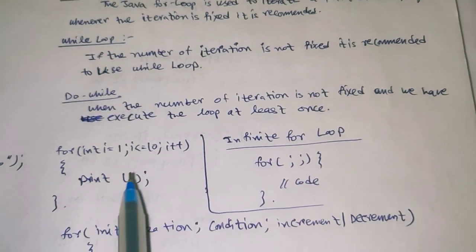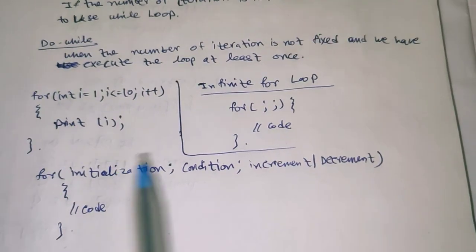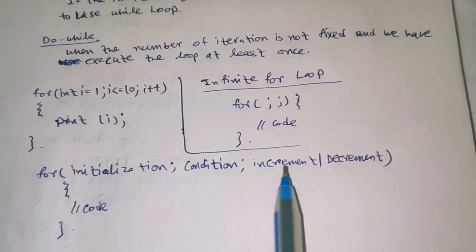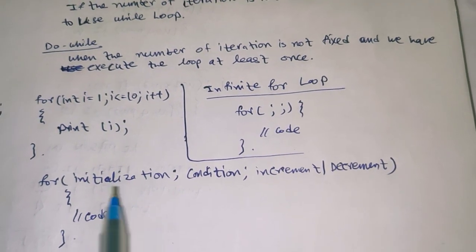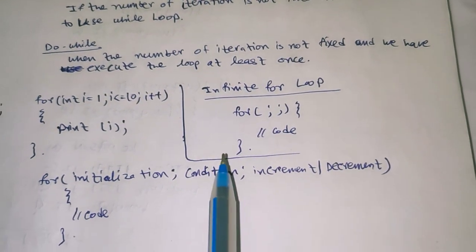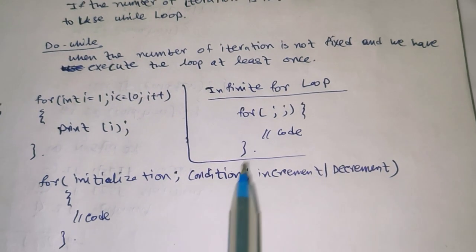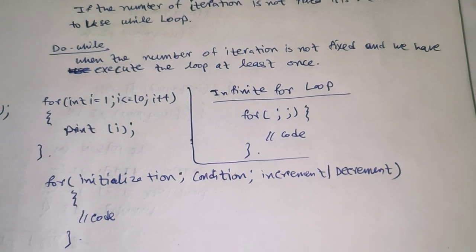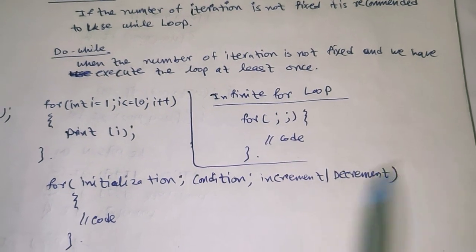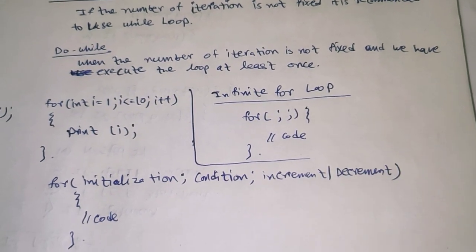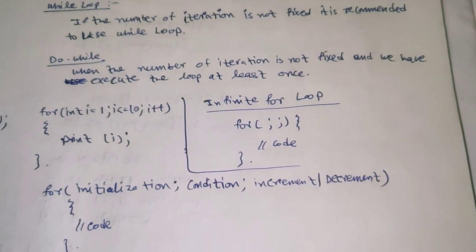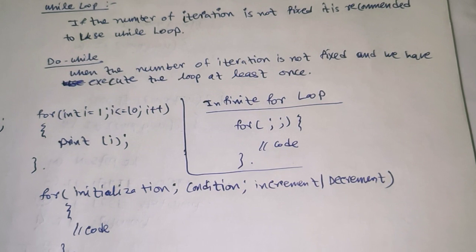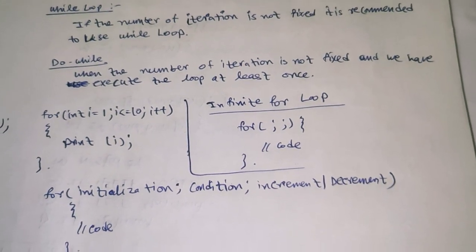So inside the for loop, this is our structure of the for loop. Suppose this is first, this is second, this is third. Three fields. The first field is called initialization of the variable. The second field is called the condition, by which it can be iterated on the next iteration. And this is increment or decrement. How much the variable will be incremented from the previous one, or how much it will be decremented from the previous one, is